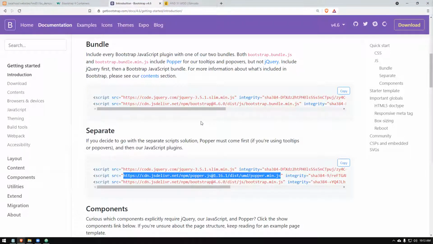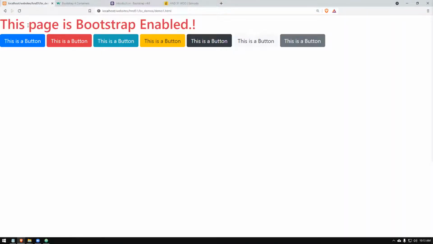Okay, children, right now, since we have downloaded the necessary files, got it installed in our computer, and we already built a test page, and it is connected with our Bootstrap libraries. It's working perfect. Now we can test out the components and how to work with these things, right? All right.